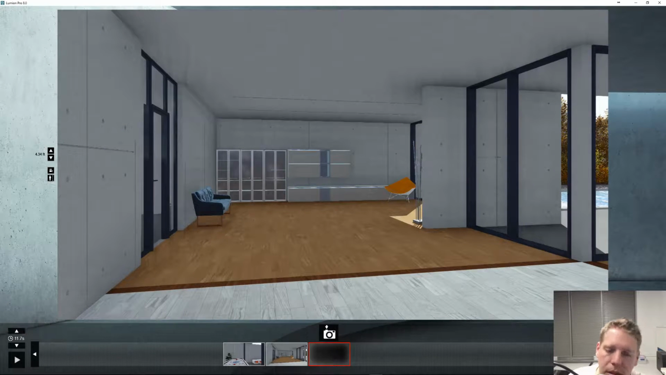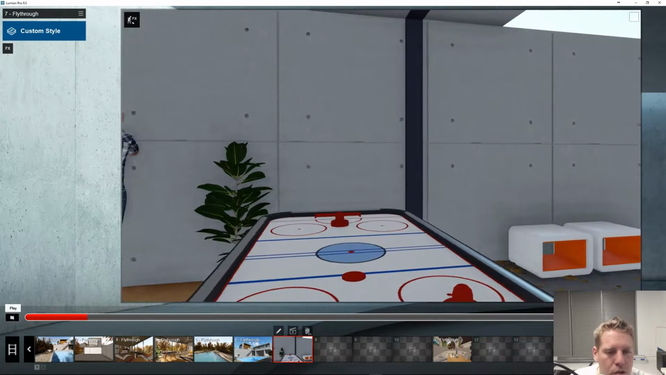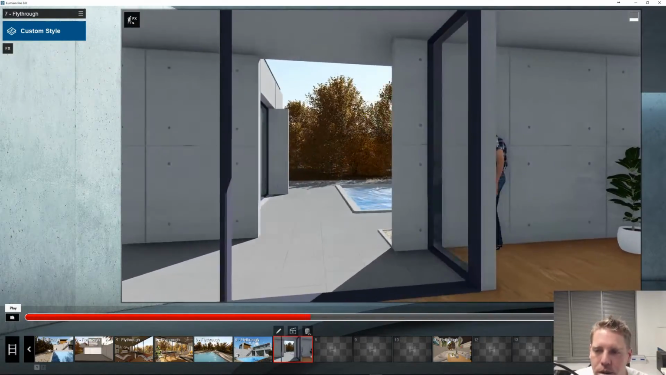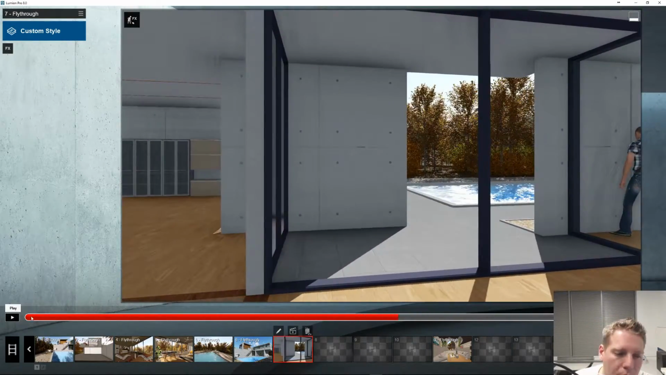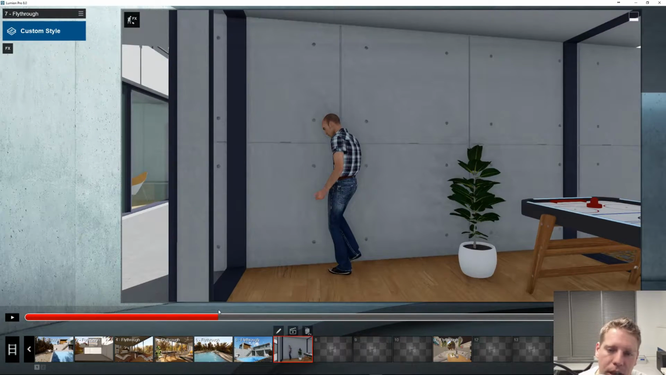Give it a little bit of time here. So here's our camera path. Say we're just showing off the inside of this building. We happen to want to have a person there, and there he is walking into the wall. You know, we've got so many other things going on. It's one of those things we don't want to have to adjust and try to figure out where exactly he's